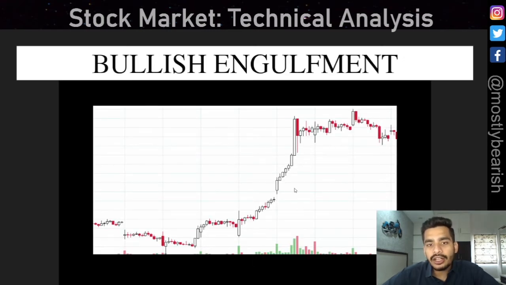This is a chart showing you a bullish engulfment pattern. If you look at this candle right here, this is a big movement, right? The prices here were completely taken over by the buyers. Buyers took control over the whole movement, engulfing this whole candle completely. This is a little bit bigger movement. Logically, you can also consider this being a bullish engulfment pattern here.